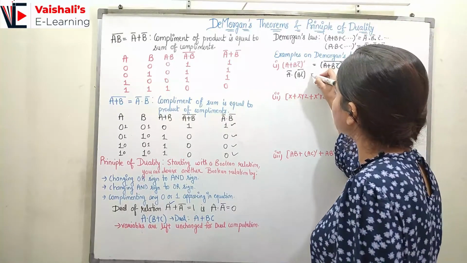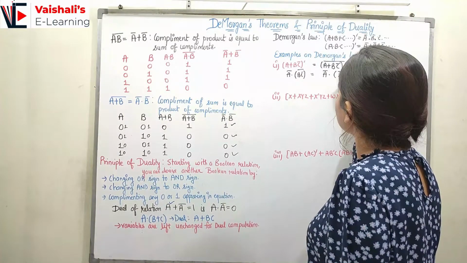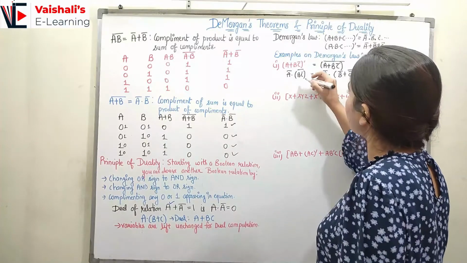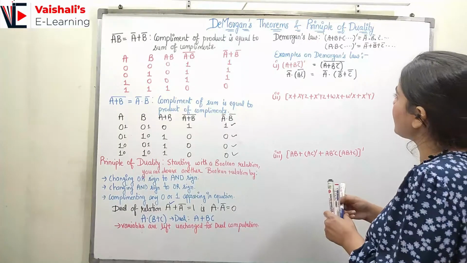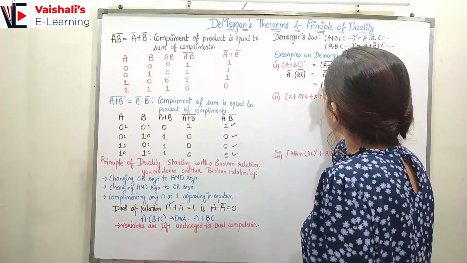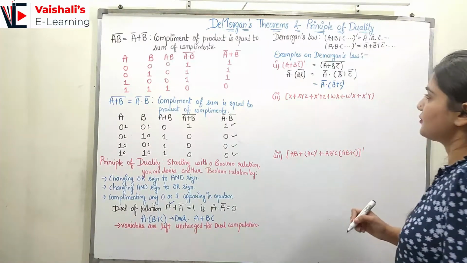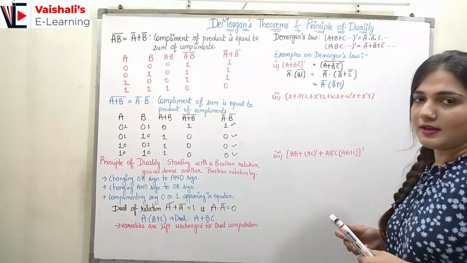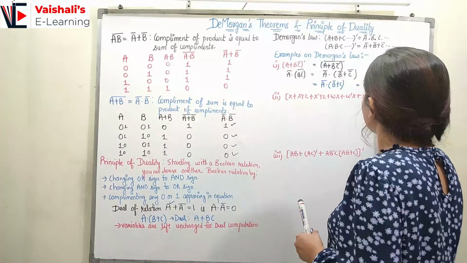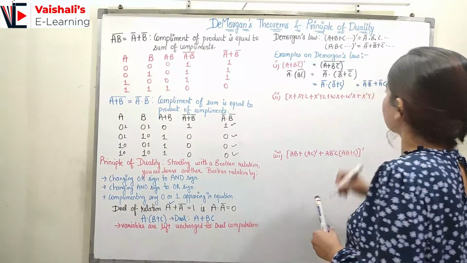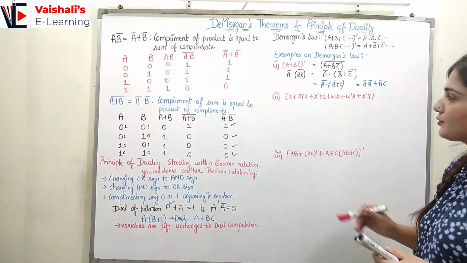Again here I can use the De Morgan's law and I can write it as A complement dot B complement plus C complement complement. Here we have dot, dot is converted to plus over here. Now I know C complement complement is equal to C. So it is represented as A bar dot B complement plus C. Right, so this is how I can represent the given equation, right? So it is my A bar dot B bar plus A bar C. This is how we can find out the solution or the simplified equation. So now coming to the next problem.